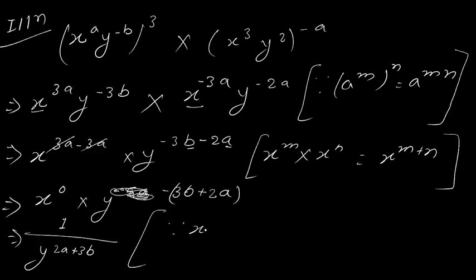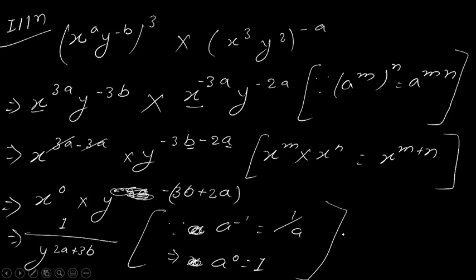So what all have I used here? First formula I have used: a to the power minus 1 is equal to 1 by a, and secondly a to the power 0 equal to 1. So altogether we used these four laws to solve this particular illustration. That's why I told you this is very important. Okay, chalo, quickly we'll do one more illustration.